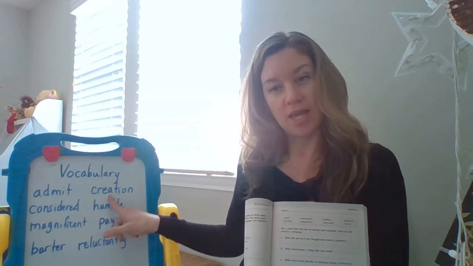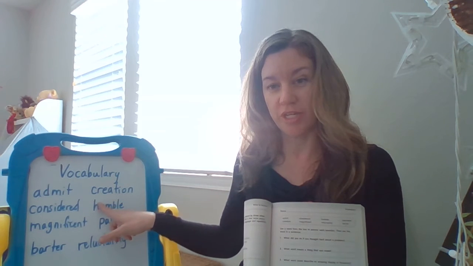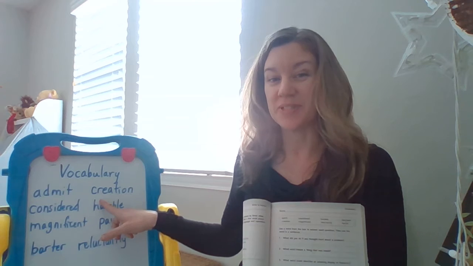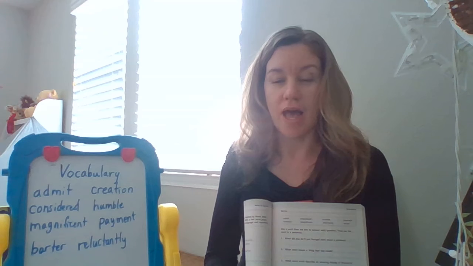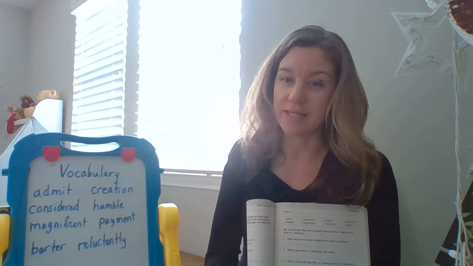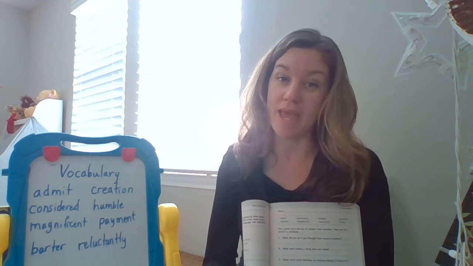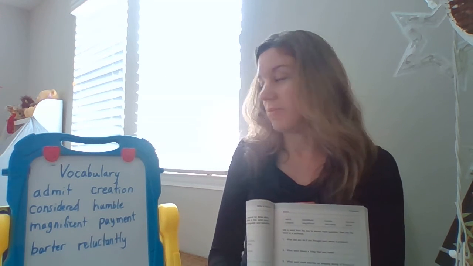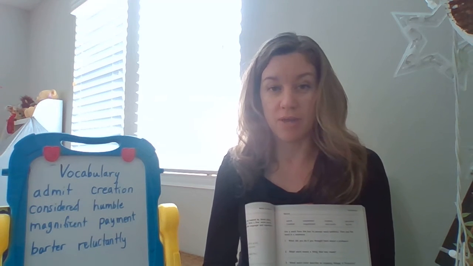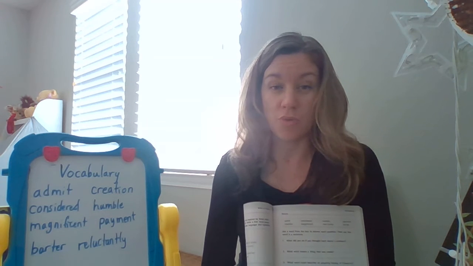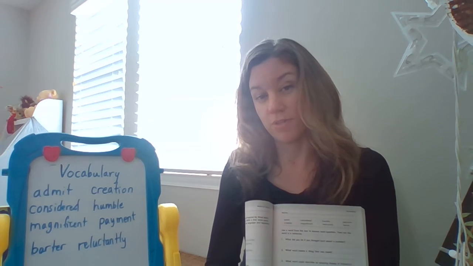The next word, creation. I wonder if anyone remembers what the root word of creation is. Create, right? So the root word of creation is create. To create means to make new for the first time. So creation is something that's been made for the first time. So you could do a creation if you're doing an art piece of some kind. It could be your creation, or a written story is a creation, something that you make and it exists for the first time.